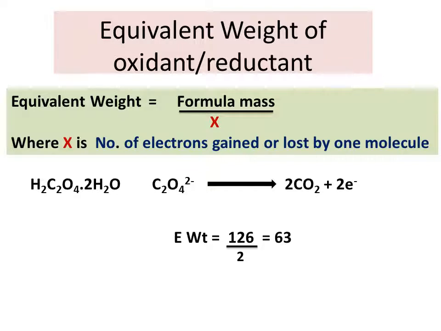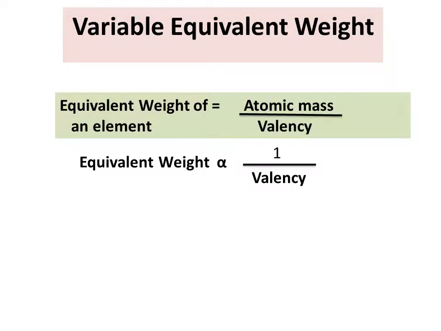So the formula weight of oxalic acid, because it is hydrated oxalic acid, is 126 divided by 2, that comes out to be 63. So this is how we can calculate the equivalent weight of oxidants or reductants. So till now we have seen that equivalent weights are sometimes varying. Why? Because